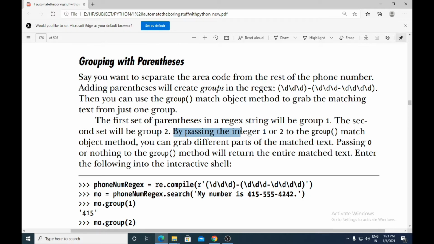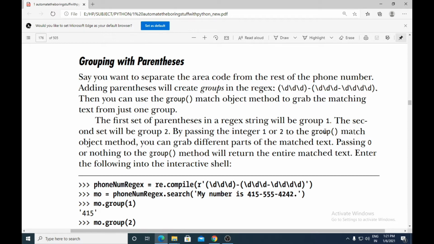By passing the integer 1 or 2 to the group match object method, you can grab different parts of the matched text. If you pass 1 to the group method, it will return the area code.